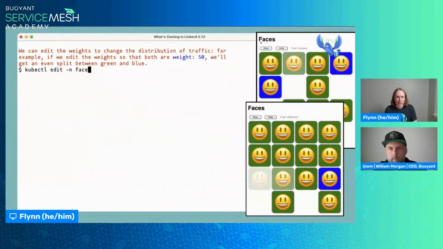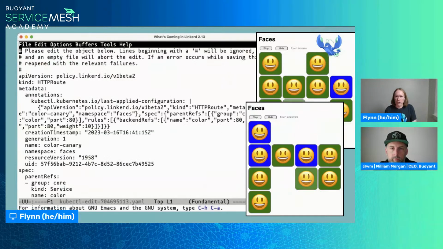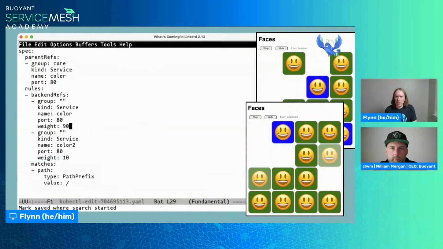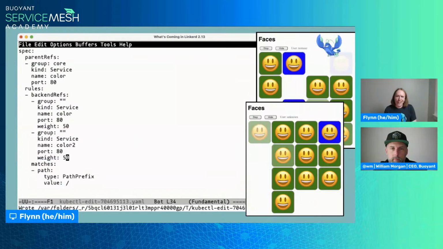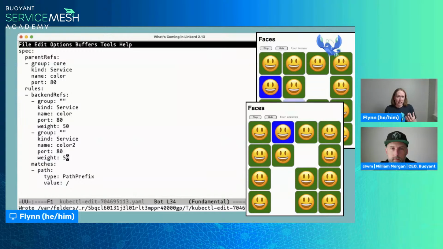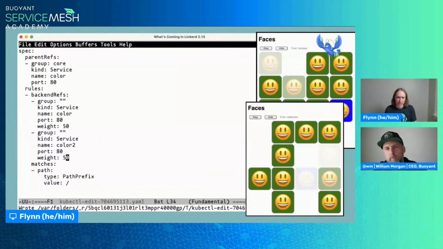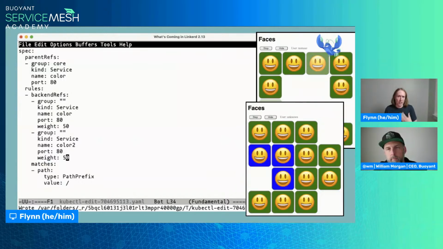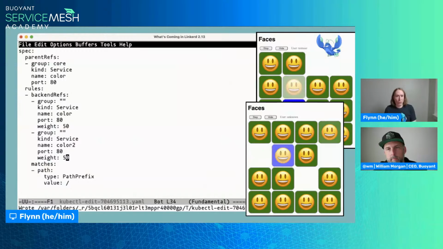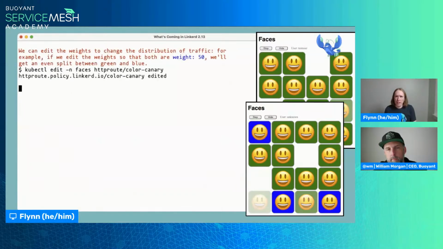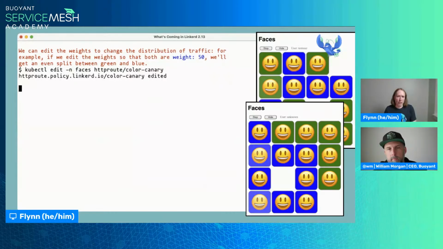All right. The next thing we can do over here is we can actually edit this resource on the fly. So instead of doing a 90-10 split, we can do a 50-50 split. It's not actually important that these numbers add up to any particular value, for the record. I tend to like them to add up to 100 because it makes it easier for me to reason about things when I glance at it. But we could have done 5 and 5 or 1 and 1 or whatever. So if we write that out, now suddenly we should be getting about half of these on blue backgrounds.